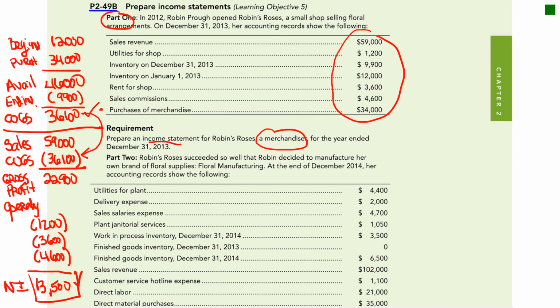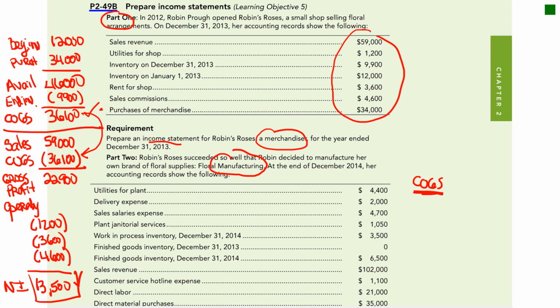Okay, now on part two, we're going to look at it from a manufacturing perspective. And then they're going to give us a bunch of costs down here, and they also want us to do an income statement for that one. And it's going to be basically the same type of idea. We're going to figure out what is cost of goods sold, but before we can do that, we have to again look at what's the product versus the period cost. We also have to look at cost of goods manufactured and that cost flow before we can actually do it. So there's several more steps on this one, and I'll show you how to get to that answer on the